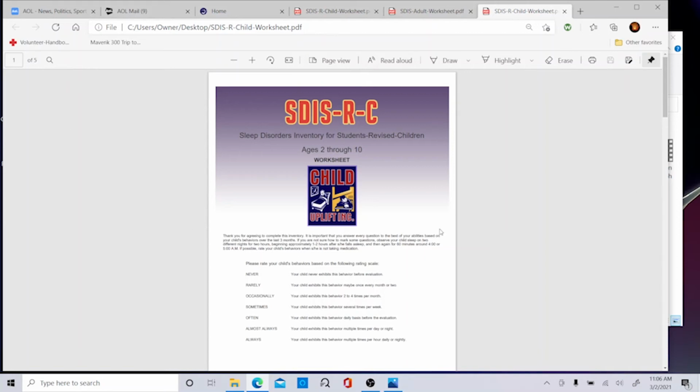Okay. And like I said before, all of these inventories are available for parents either in English or Spanish, but the questions are in Spanish, but the results, the report will be in English, so a professional might have to help the parent understand that if they don't have somebody at home to help them interpret